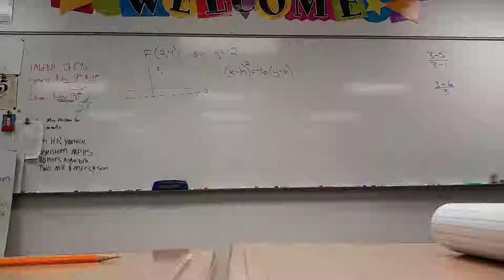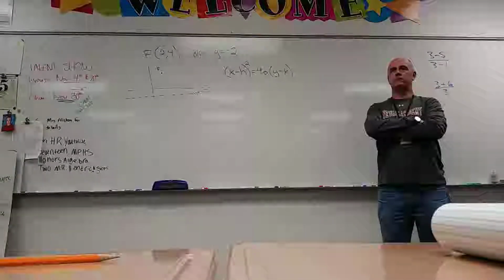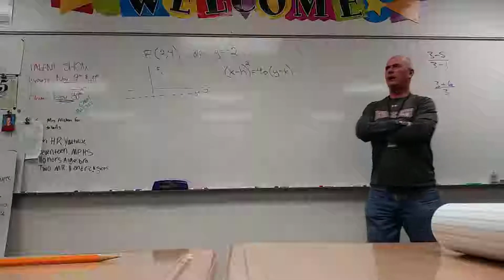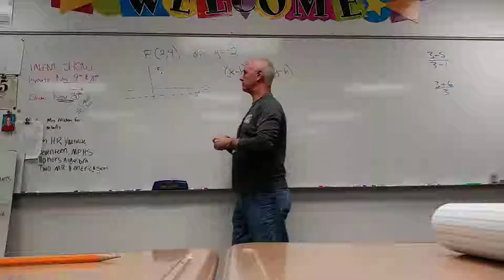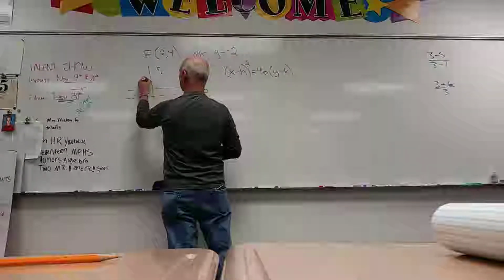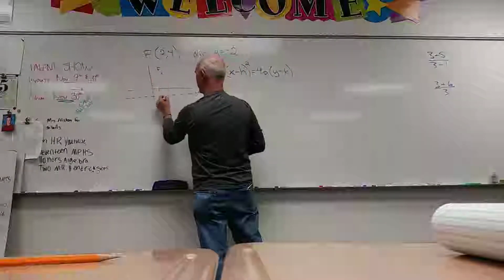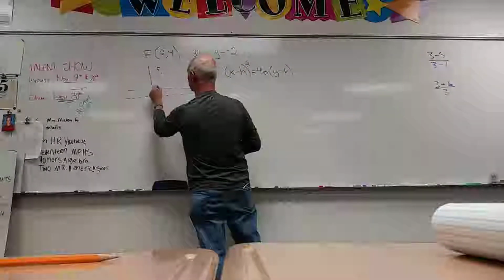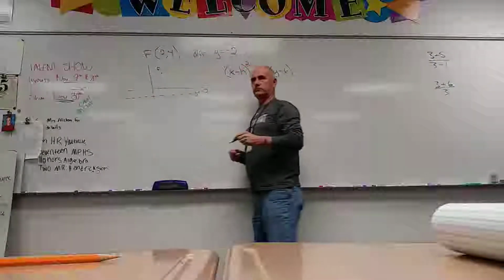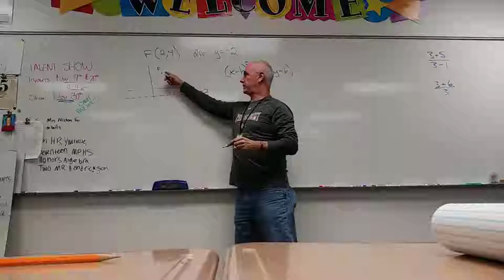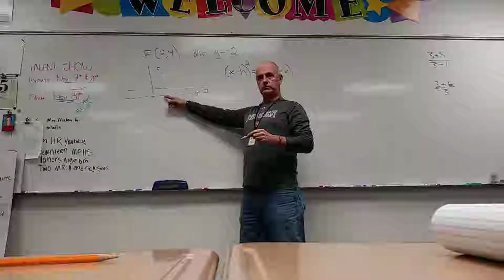So cool. Now that we know this, what should we try to find? The vertex. That sounds good. How far is it from the focus to the directrix? 6. 1, 2, 3, 4, right? So to get from there to here, down, how many units? 6. 6 units from here to here? Mm-hmm. Okay? So the vertex is